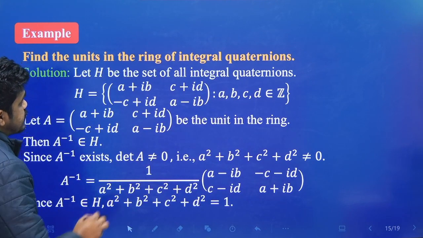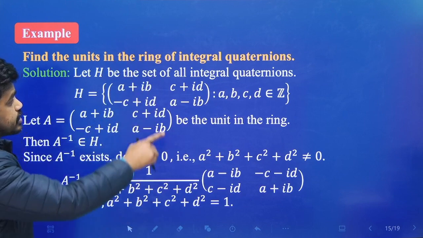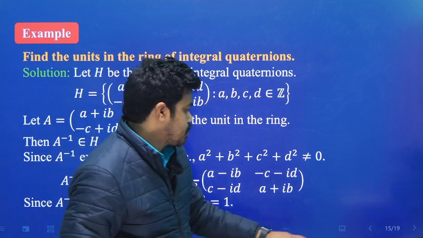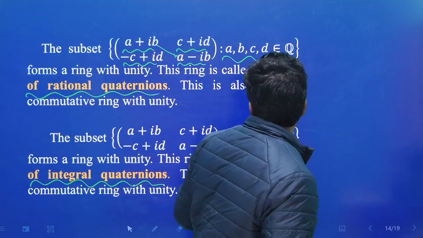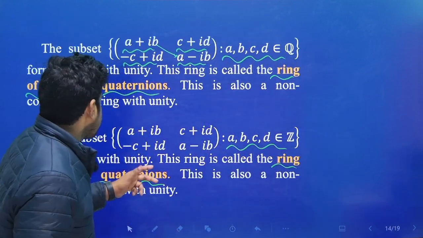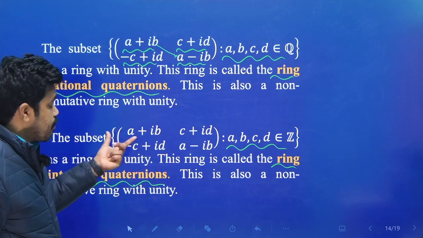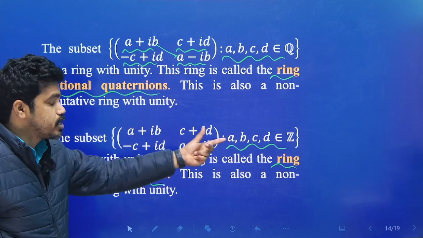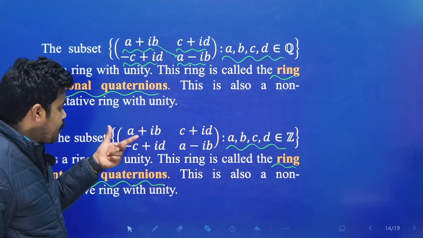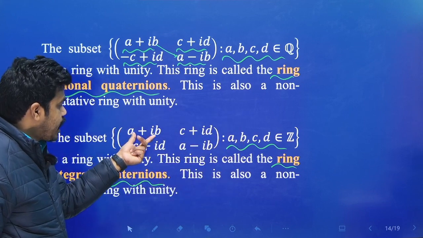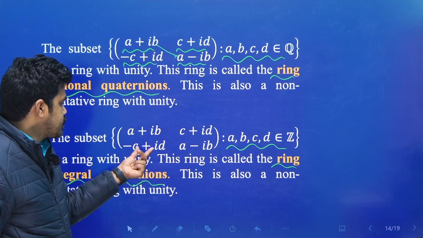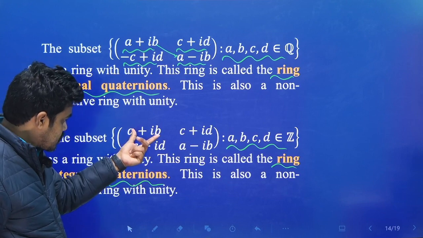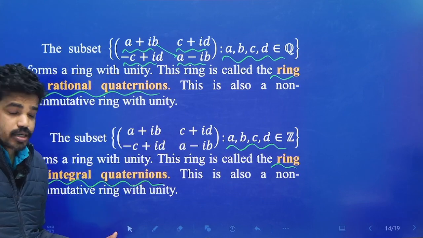Find the units in the ring of integral quaternions. ঠিক, just see, integral quaternions means আমরা যে ম্যাট্রিক্সটা কি হবে, 2 × 2 ম্যাট্রিক্স। ইন্টিগ্রাল কোয়ার্টার্নিয়ান্স, দ্যাট মিন্স a b c d গুলো কি হবে, ইন্টিজার। তাহলে এখানে ম্যাট্রিক্সটা কি কনসিডার করতে হবে, a plus ib, c plus id, minus c plus id, a minus ib, এই ফর্মে, তাই তো। দিস ইজ কল্ড এ রিং অফ ইন্টিগ্রাল কোয়ার্টার্নিয়ান্স।